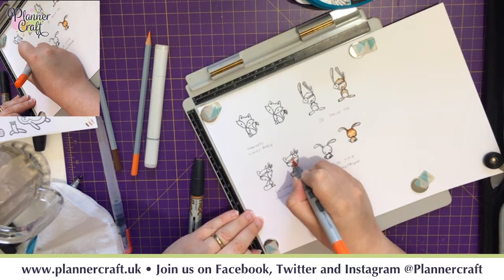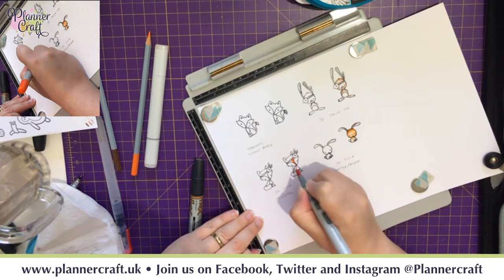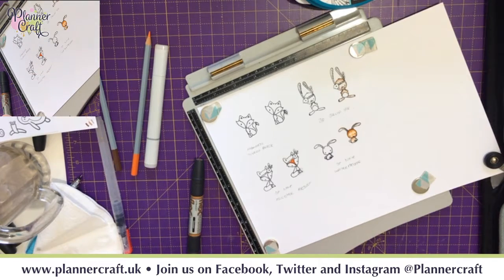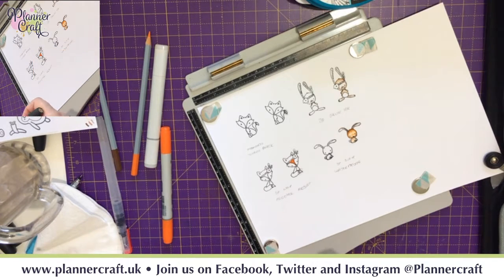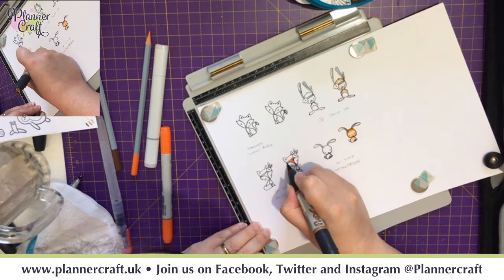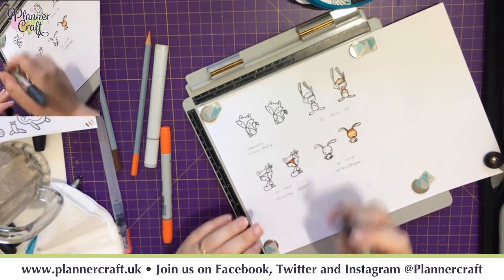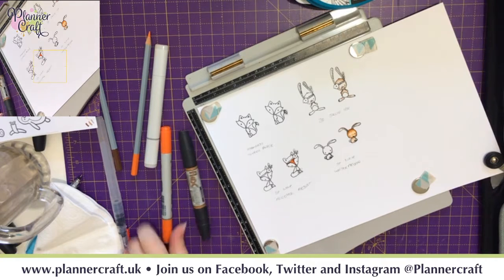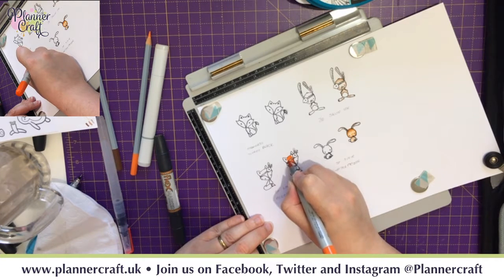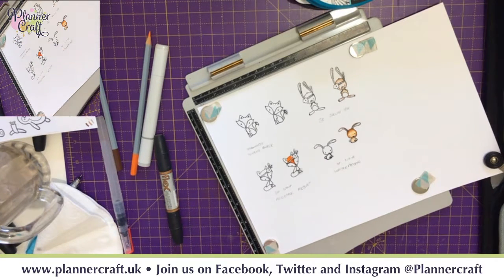I'm just going to go straight in with our ball pen, and again just going to flick. I do find the brush tips are better on the alcohol markers than the fine detail ones for blending, especially if you're just starting